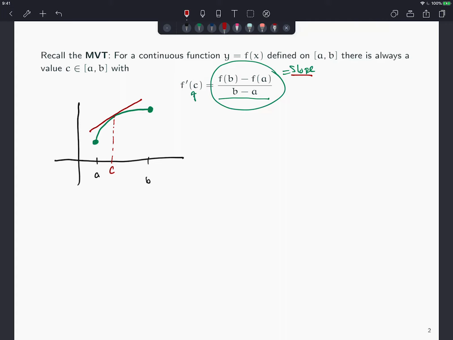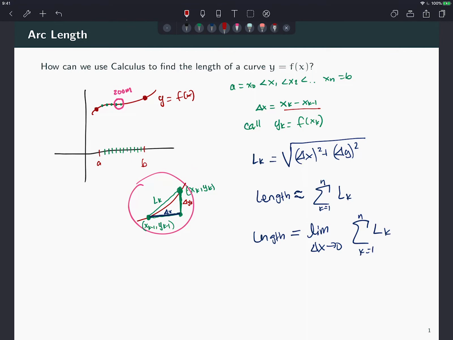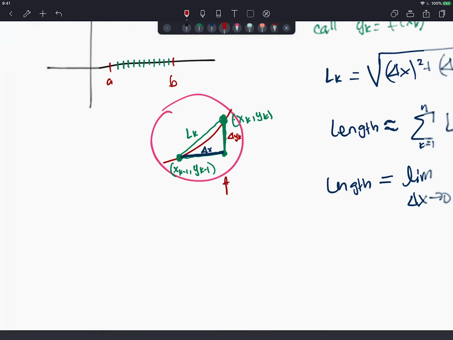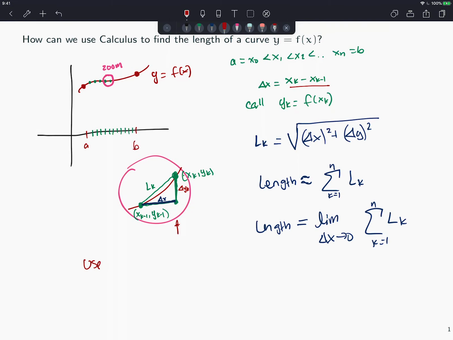And how are we going to use that? Well, we need to use that on each tiny subinterval over here. On this segment, using the mean value theorem, so I'm not going to write that big, if I use the mean value theorem in this segment, I have that there is a value, I'm going to call it ck, that is between x_{k-1} and x_k, such that,